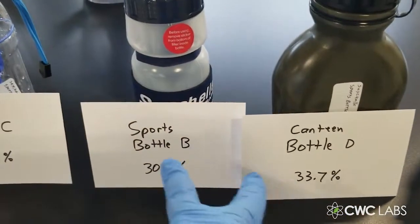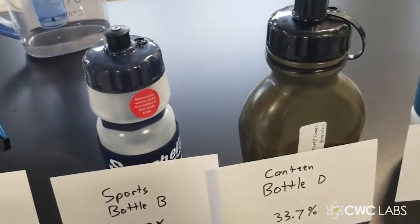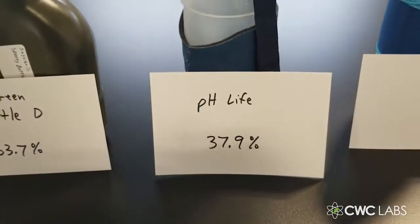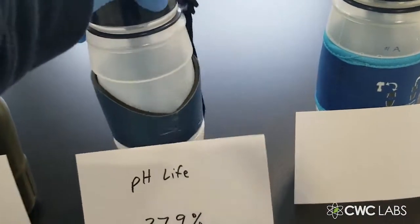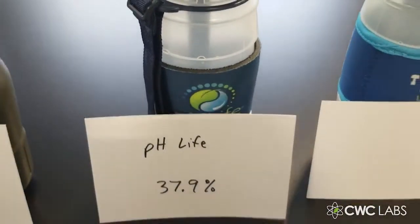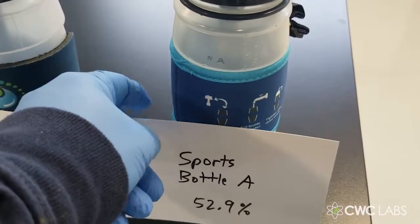Most likely these are the same filters. We just have some natural variation in the efficacy of small production lot differences, for example. The next water bottle is pH Life, which removed 37.9% of glyphosate in our tests. Again, it's a lot more than I expected. pH Life, there's the logo. This is really mostly a pH bottle for alkaline water, not so much a filter, but it still removed almost 38%. And finally, the better performing bottle was a Seychelles sports bottle that removed